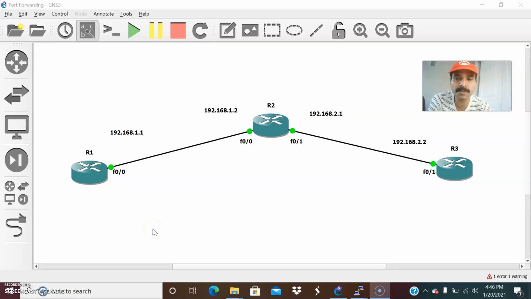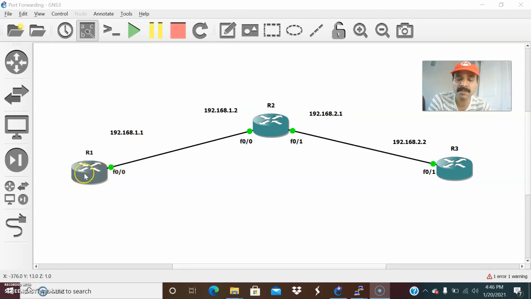And today let us see how to configure port forwarding. So what is port forwarding? It is used to allow a user to access any server which is hosted locally. It allows a user from the outside world to access a web server, or any services hosted locally. In that case, we have to configure port